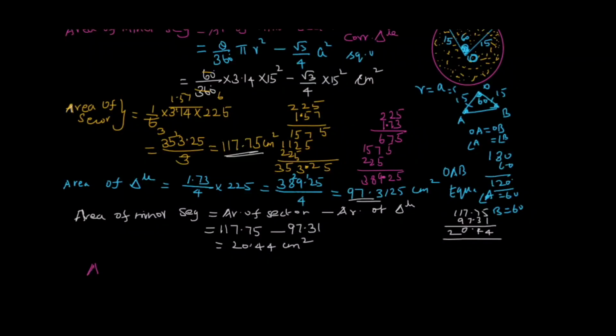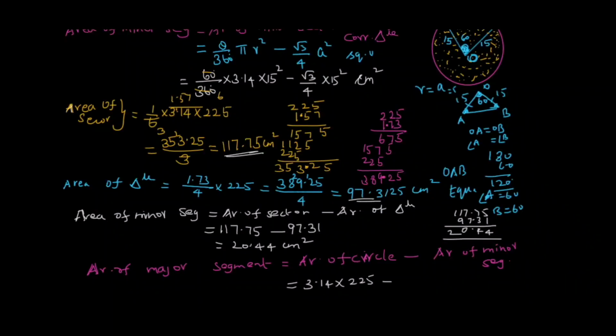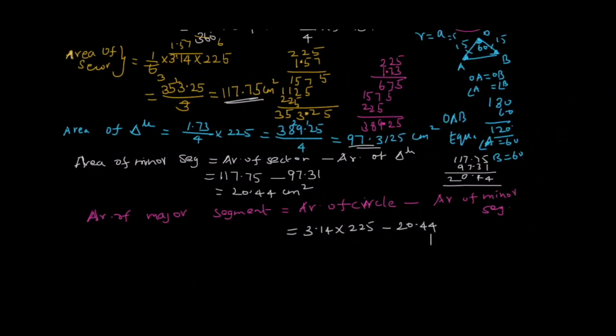Area of major segment is equal to area of circle minus area of minor segment. So area of circle pi 3.14 into r square 225 minus area of minor segment 20.44. Now calculating this, we will be getting